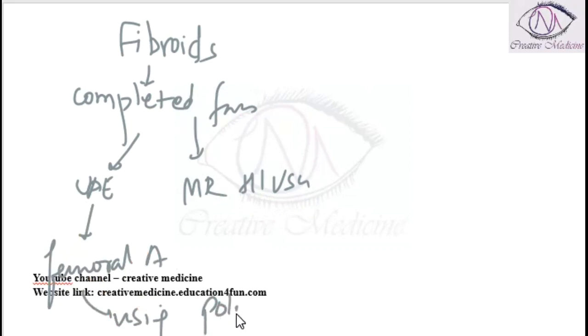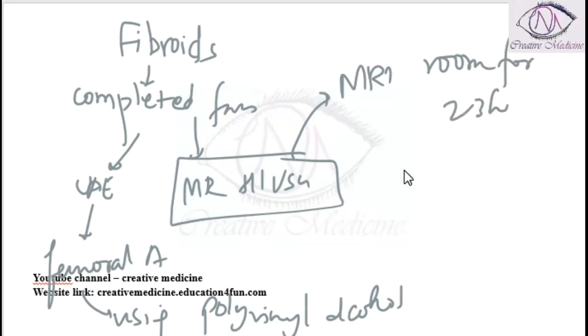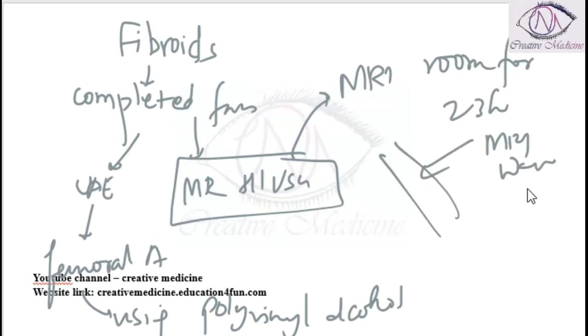foam. And if magnetic resonance high intensity ultrasound is done, this is done in an MRI room for 2 to 3 hours. Here high intensity ultrasound waves are focused onto the fibroid. The contraindications of magnetic resonance high intensity focused ultrasonography include: the size of the fibroid is more than 10 centimeters,